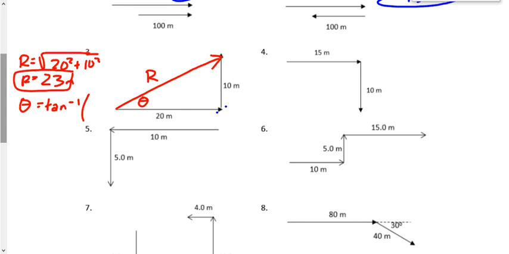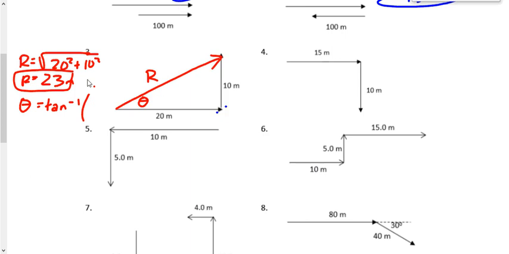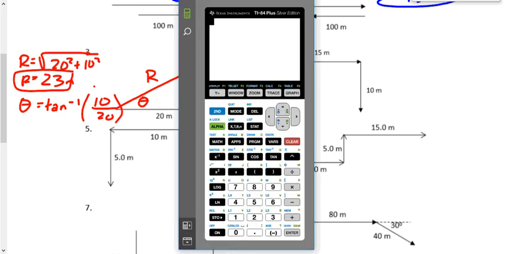Now, let's make sure you're in degree mode on your calculator. Get sine 90 to make sure you're in degree mode. Equals 1, sure enough, we're in degree mode. Now let's look at the inverse tan of opposite over adjacent. That's 10 meters over 20 meters. We figure that out. The inverse tan, second function tan, of 10 over 20, we get a value of